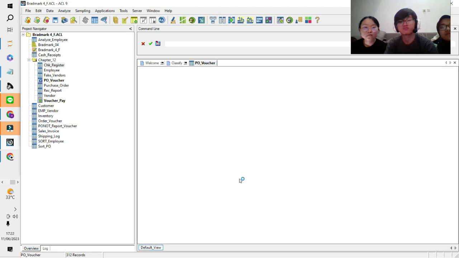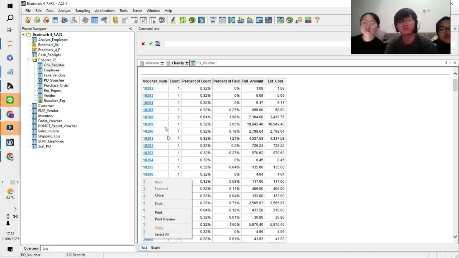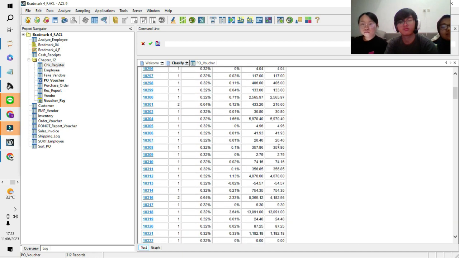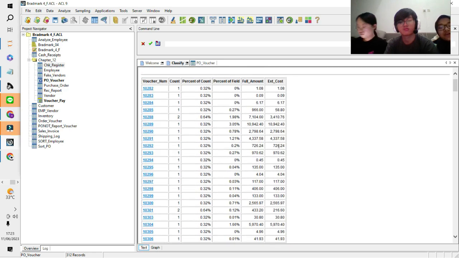Okay, so as you can see here from the count of the voucher number, there are some voucher numbers that are used two times instead of one time, because the general qualification for voucher numbers is that they need to be used only one time instead of two times. So there may be an indication of fraud in the